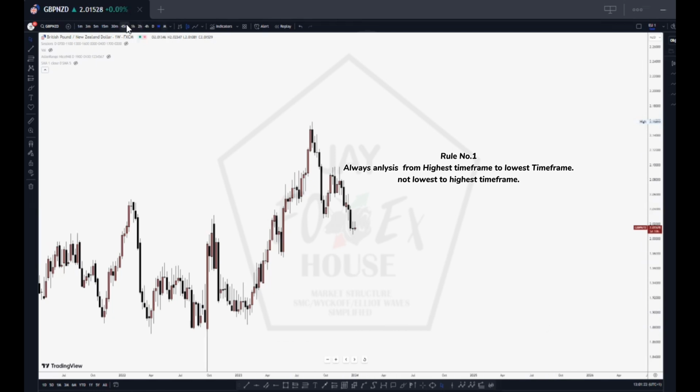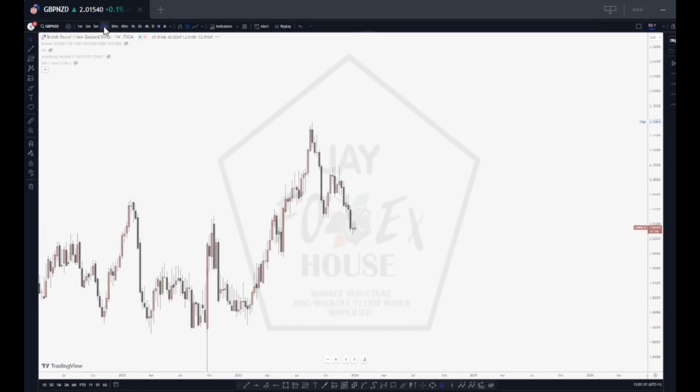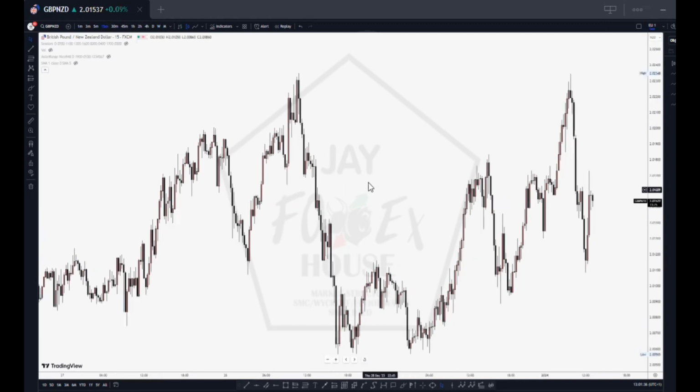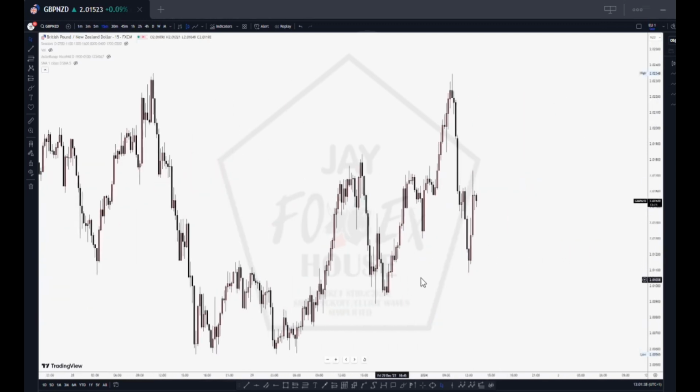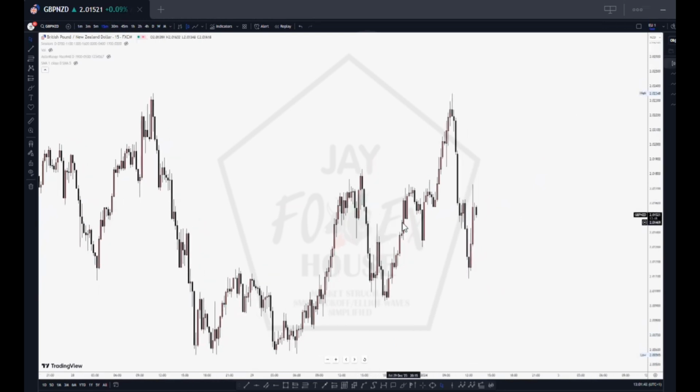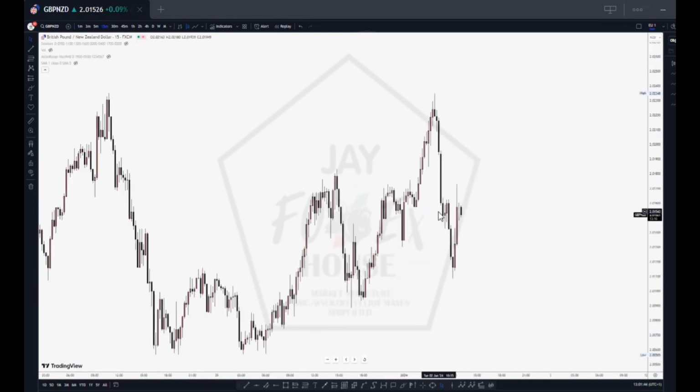Okay, so many people make this mistake. When they're trading, they go from the lower time frame to the higher time frame. No, that's very wrong. And that could also make your eyes get kind of corrupted, because you start seeing things on the lower time frame and then you are bent on those POIs. So when you go to the higher time frame, it's a lot more difficult for you to identify those things on the higher time frame. So I use the higher time frame to the lower time frame, and basically I start